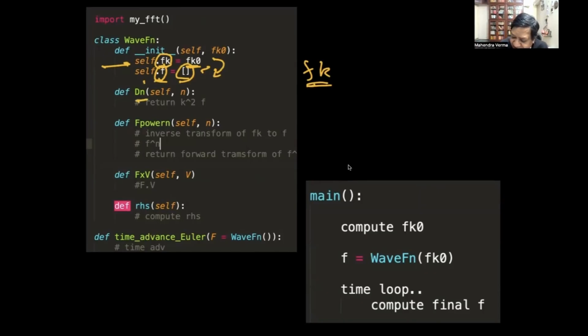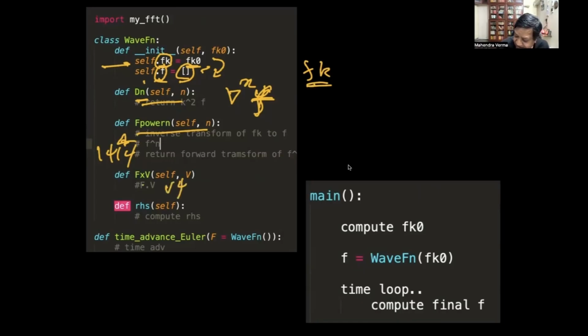So dn is that idea of the derivative, grad n of psi. It's a very similar design. F power n will compute mod psi square psi, or anything, like psi to the 4 psi. And this is the product of v with psi, v psi.